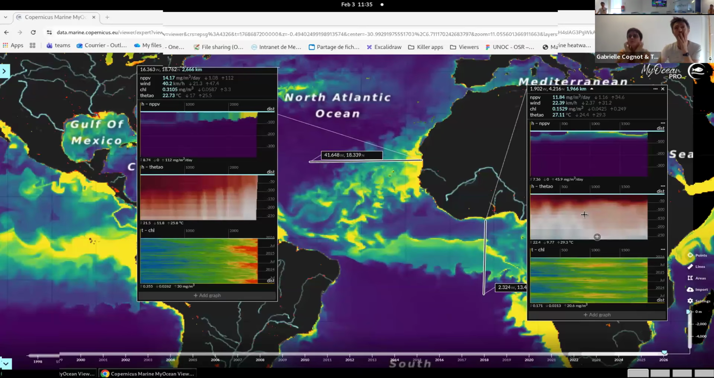So there are big differences between these two lines. Here in the temperature, you can see a very high stratification of the ocean. By stratification, there is a clear separation between the hot temperature water and the cooler one, and there is no mix between the two. Whereas here, there is a clear mix